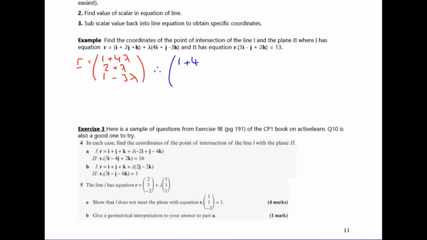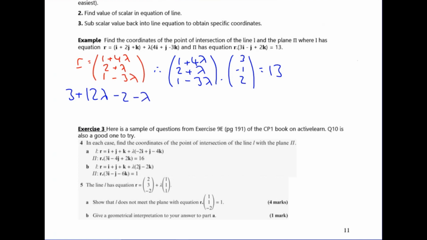So I've got (1 plus 4 lambda, 2 plus lambda, 1 minus 3 lambda) dotted with (3, -1, 2) is equal to 30. You do this dot product, you'll get an equation for lambda, which you can work out, and then substitute it back into the equation of your straight line to work out the point of intersection. So do this dot product, multiply across: 3 times 1 plus 4 lambda is 3 plus 12 lambda. Then 2 plus lambda times minus 1, so minus 2 minus lambda, and 2 times 1 minus 3 lambda is 2 minus 6 lambda,